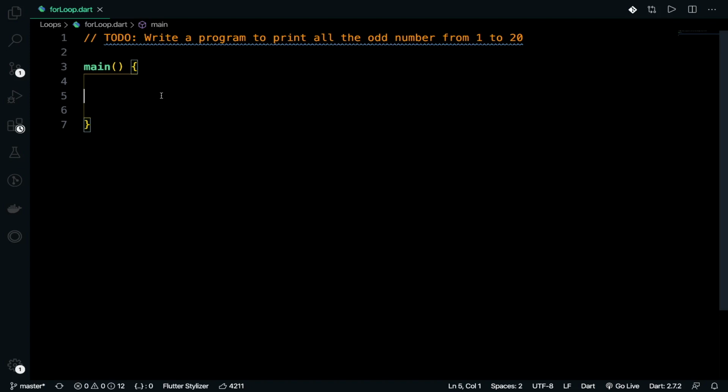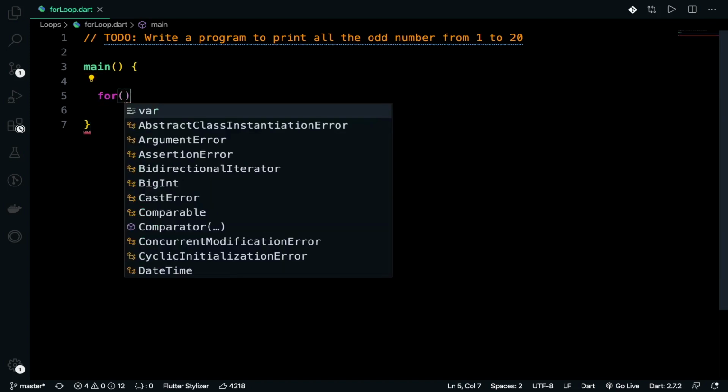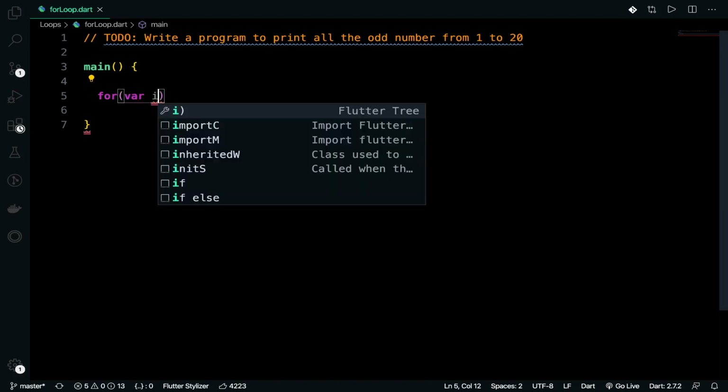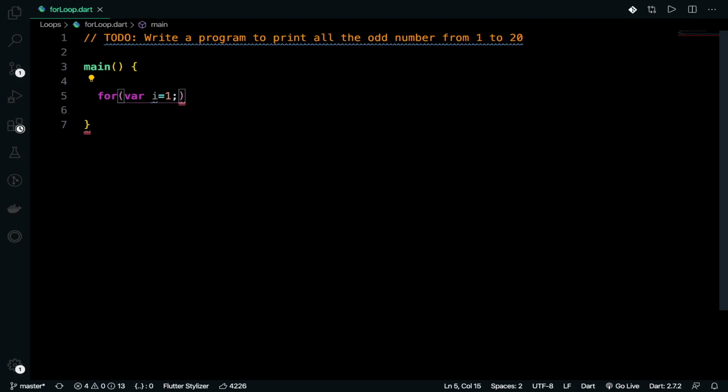It is not like that. So for that you need to write the for keyword, and then var i equals 1, and then you put the condition from 1 to 20, so you give your 20, and then i plus plus, you have to increment it.